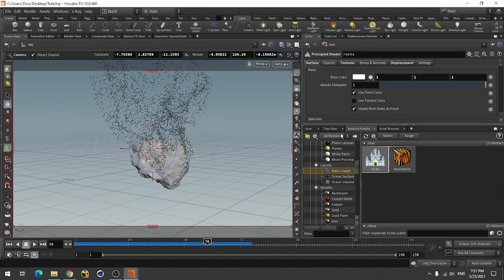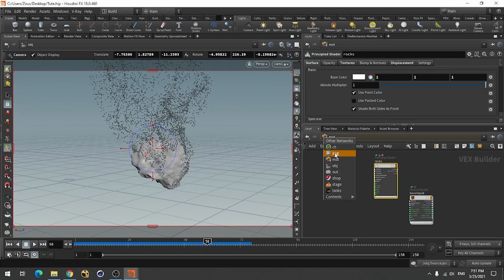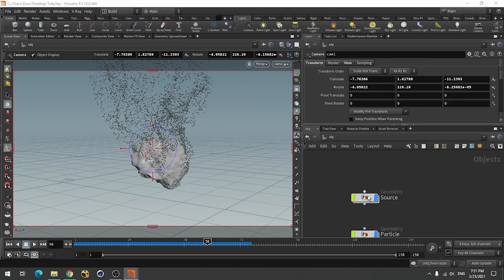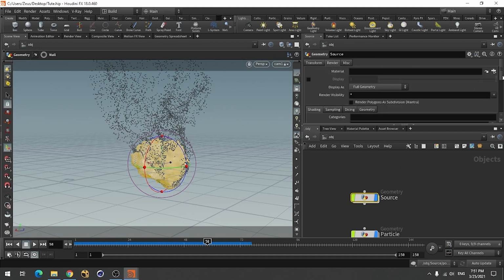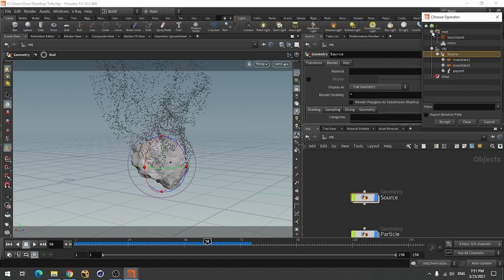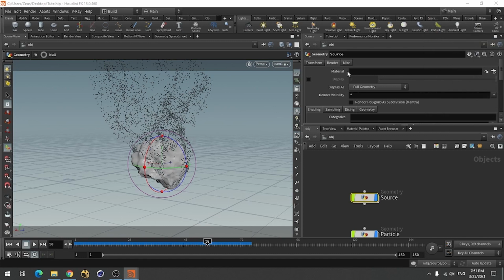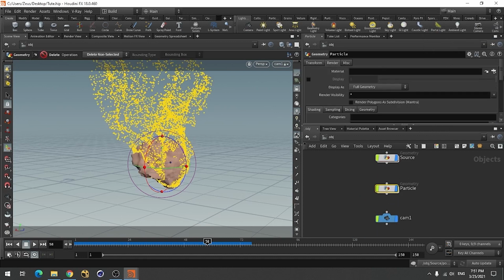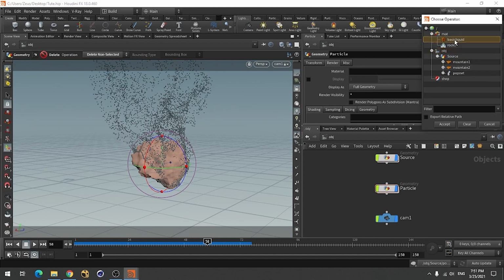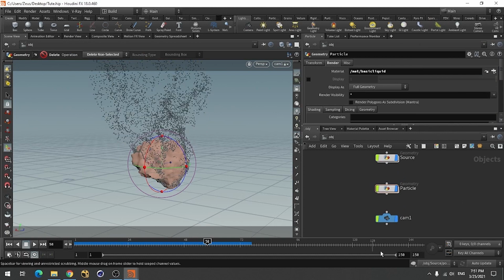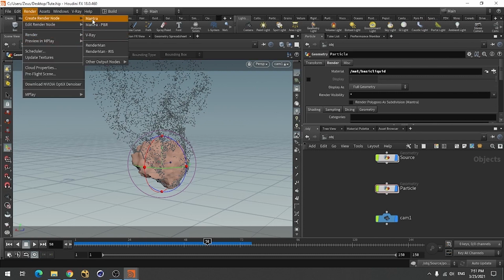Okay, so come to the object section, and in this add material rock, and for these particles let me just add basic liquid, and to render it with Mantra you need to create a Mantra node,